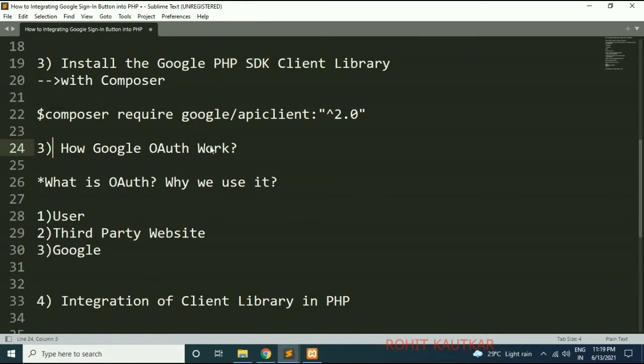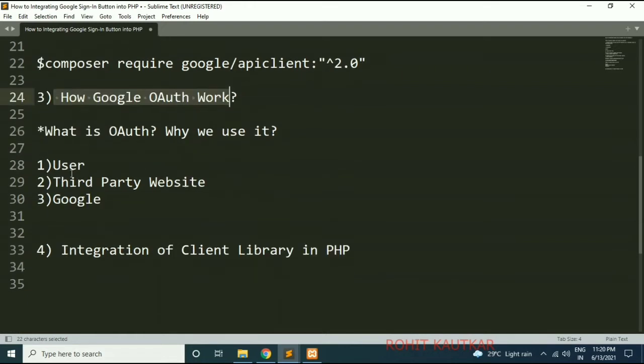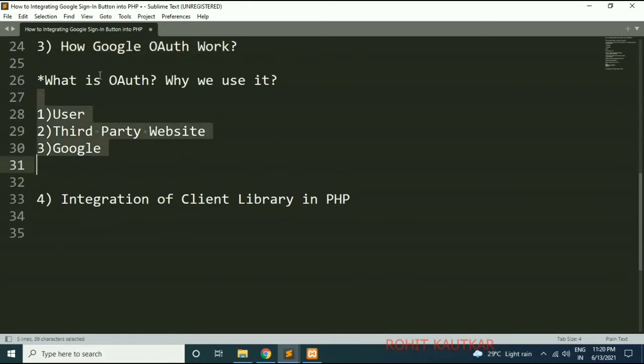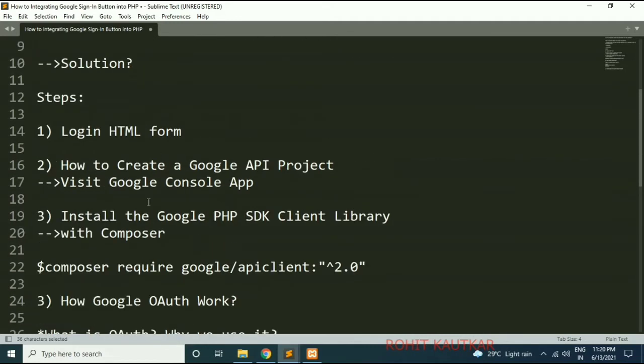Then I will explain how Google's OAuth protocol works, what this protocol exactly is, why we should go for it, and what different entities are available within this protocol. Once we understand how Google's OAuth protocol works, we will integrate the client library within our PHP web page, with which our user will be able to log in with his Google credentials. So these are the overall steps that we are going to follow.